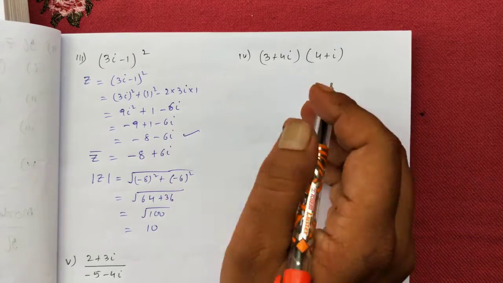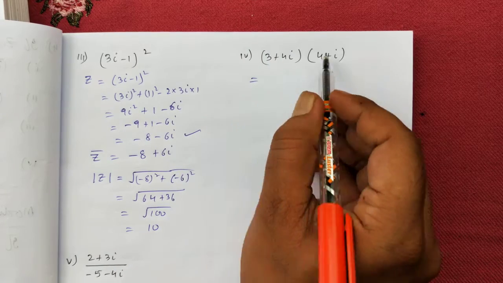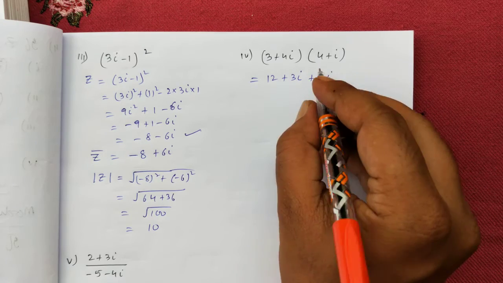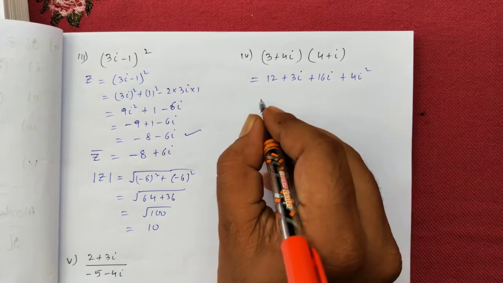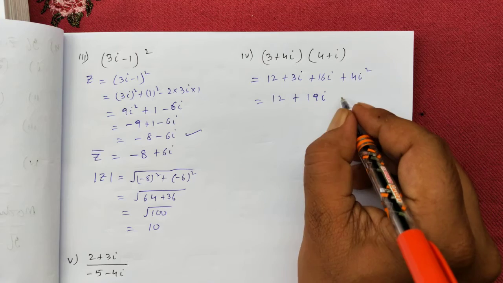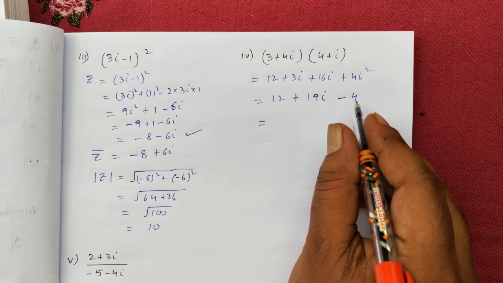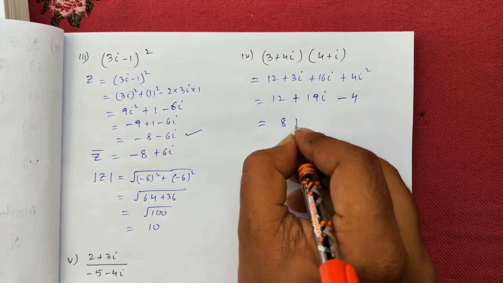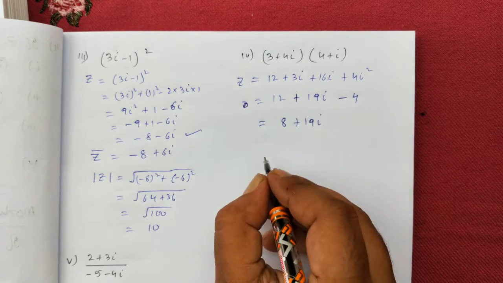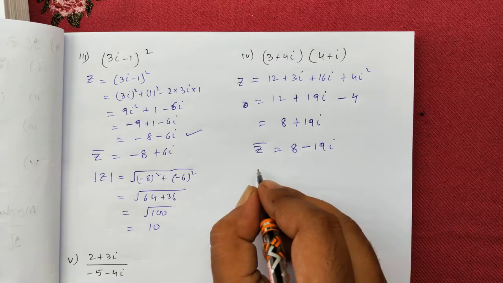This one is also the same. First we multiply and make it a standard complex number. 3 fours are 12, plus 3i, plus 4 fours are 16i, plus 4i square. 12 plus 19i, and i square is negative, so it will be negative 4. 12 minus 4 is 8 plus 19i. Suppose this is z. So the conjugate will be 8 minus 19i, and the modulus will be